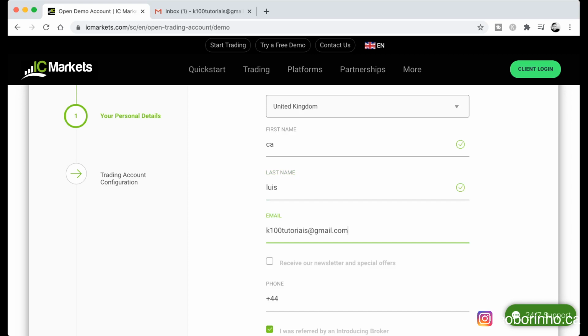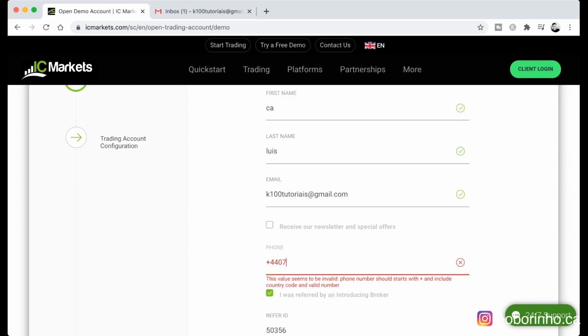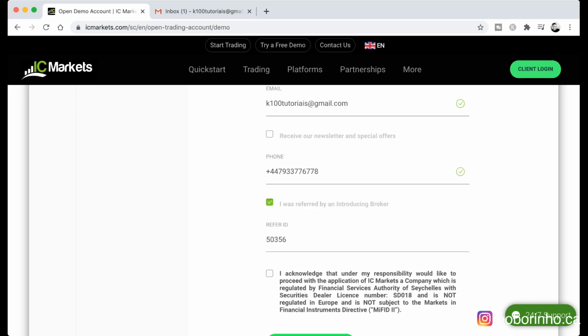Something like that, right? I just made up a number, but make sure you put your correct number and your correct email. This is just a tutorial as an example, right? And what you do, you acknowledge this box. After you fill in all your details, double check once again. Fantastic. Your name, your email, make sure it's correct. And what you do, you press register,